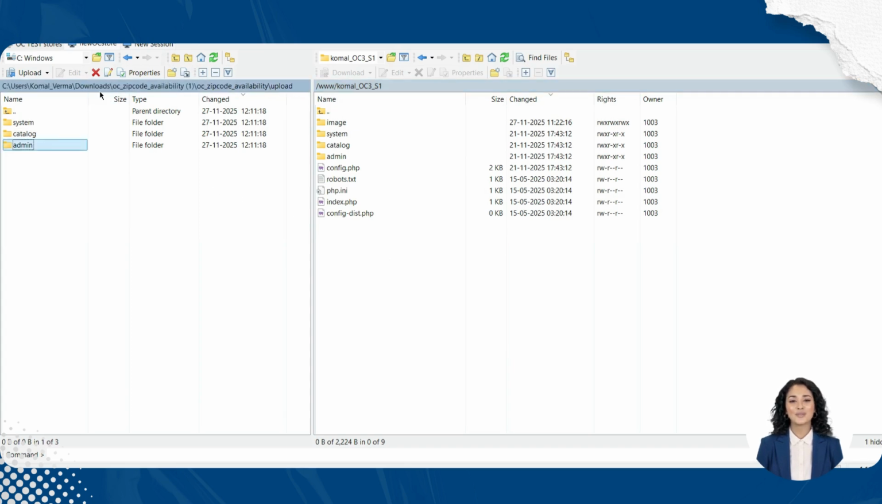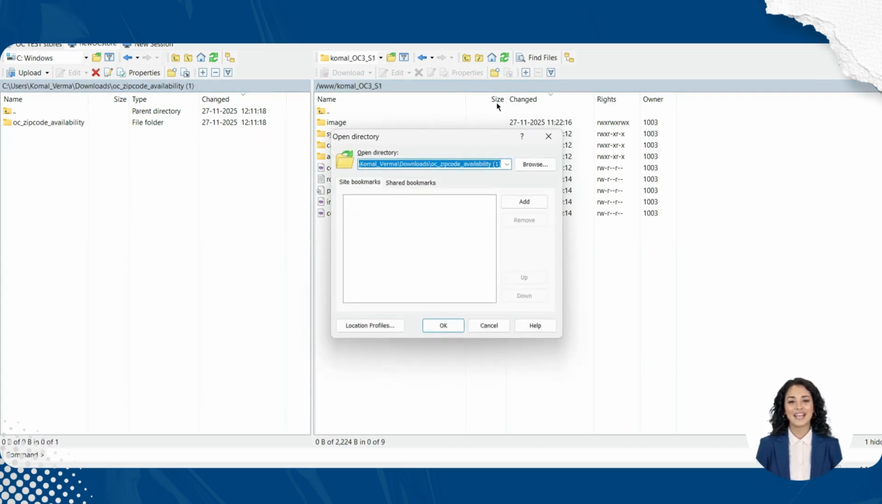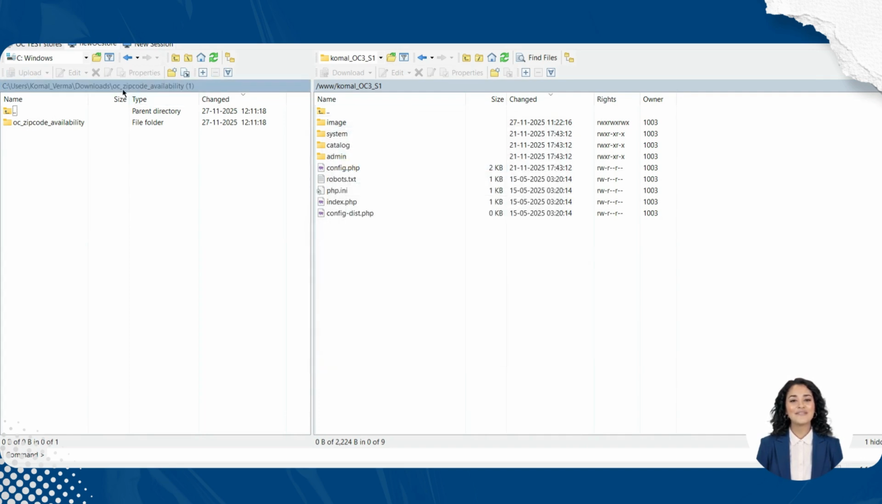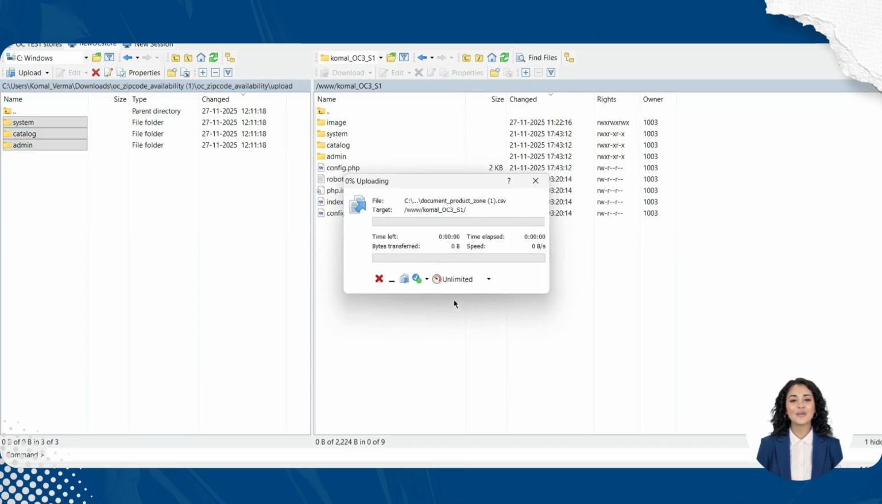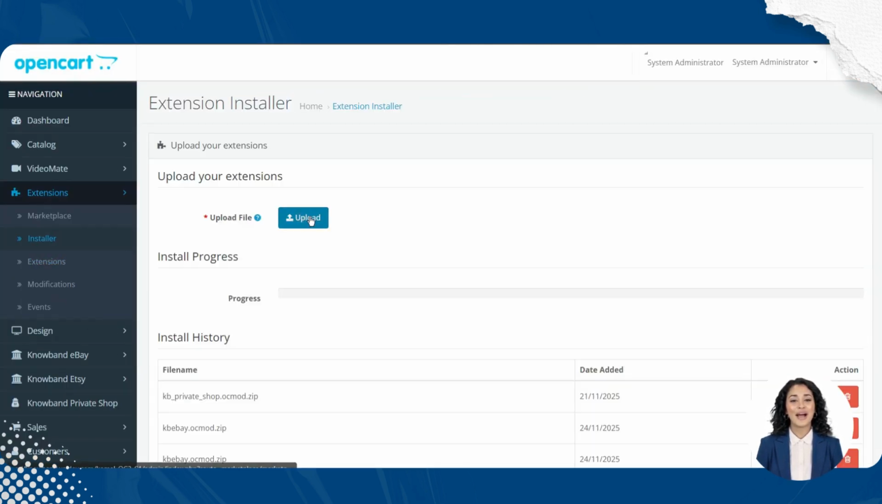Now go to the module folder where you will find an upload tab and OC mod. Here you have to go to the Upload tab, select all the files, and drag them to your right side. Once the installation is done, from here you have to go to the Uninstaller tab, where you have to upload the